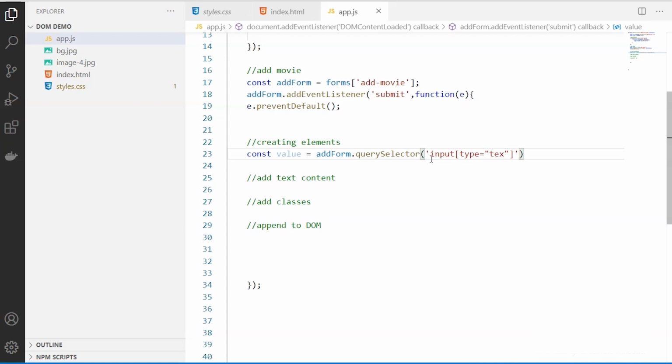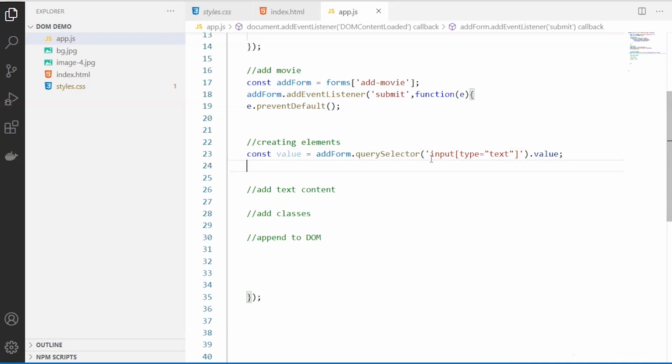Be very careful with the quotes. If you are using double quotes as the outer one, use a single quote for the inner one, or vice versa. Check on that and how it is closing. Otherwise it will not throw any error, but you will not be getting the value that you expect.